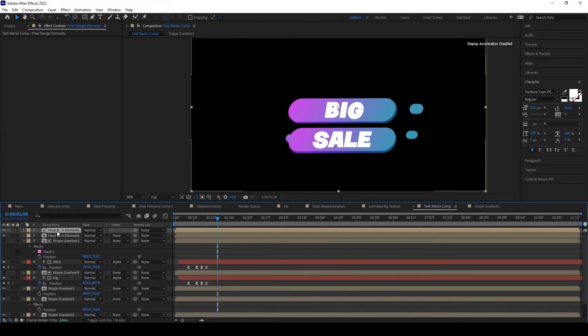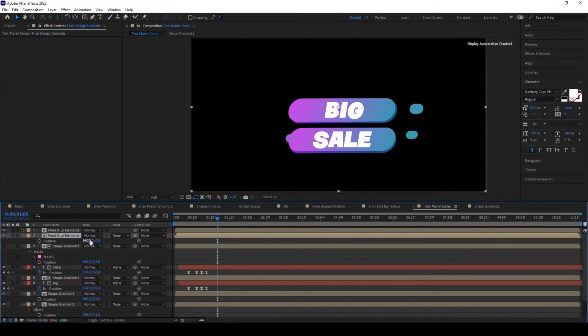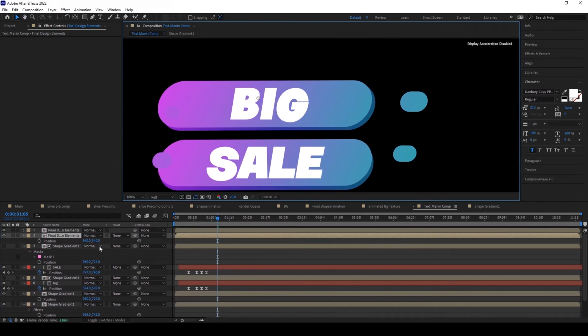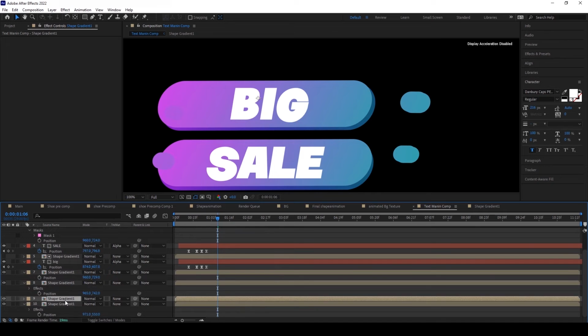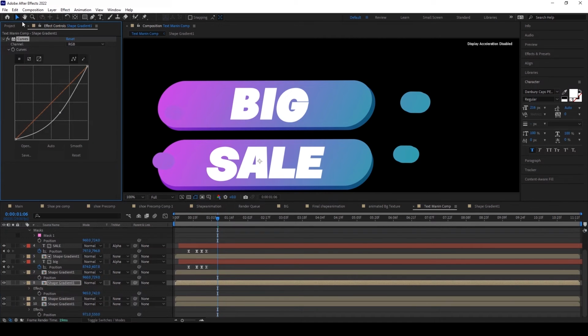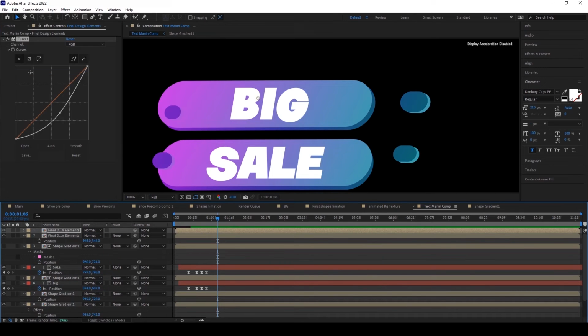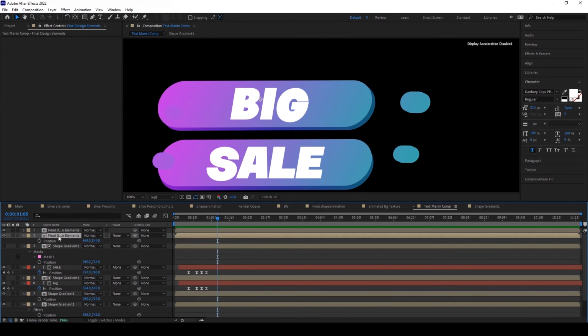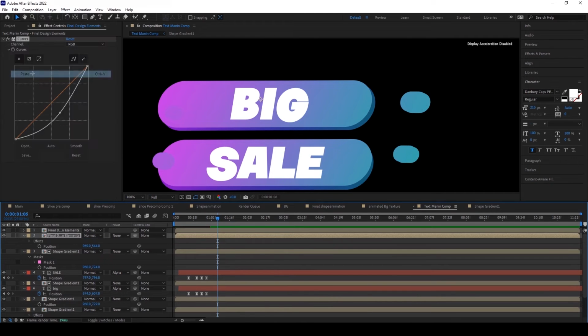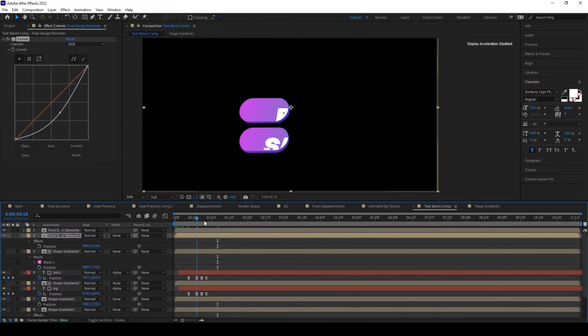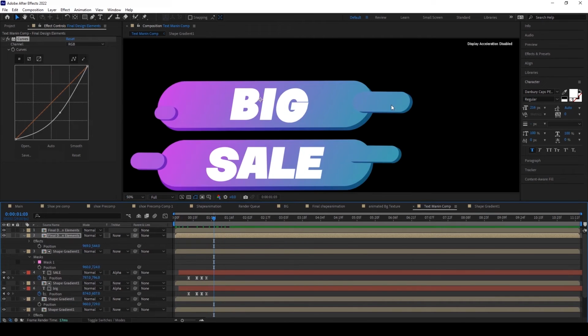And just duplicate one more time, and I need to adjust the X and Y position very little bit. I need to copy these curves, Control plus C and Control plus V. Sorry, I want to apply this for the second layer, not the first layer. Alright, we finish here, and I need to add one more effect called